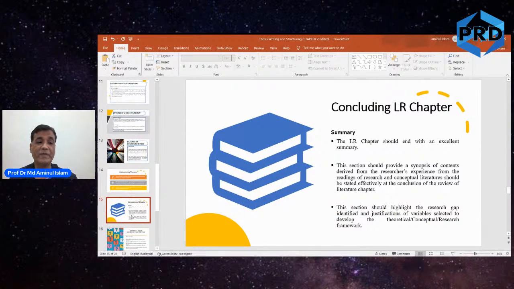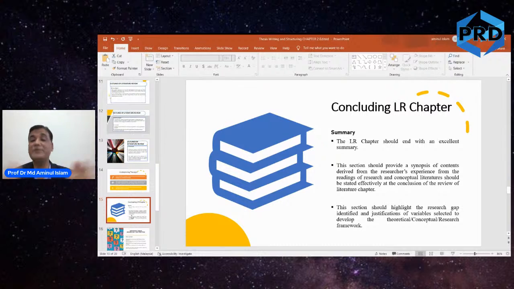Now, in conclusion, when you conclude your literature review chapter, there should be an excellent summary of the whole literature. Many a time when we read the summary of literature review chapters, we find a student puts only one small paragraph, and we tell the student that you did not do justice to yourself, because you have reviewed so many papers and so many theories, and then the summary is just one or 2 paragraphs.